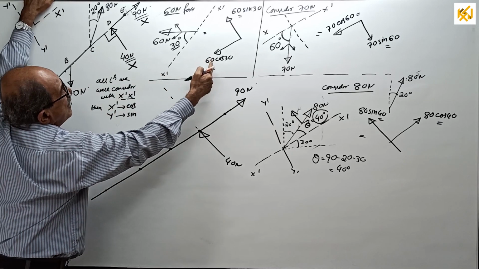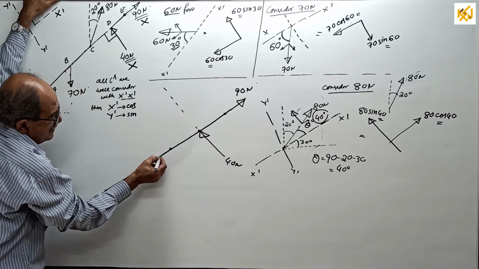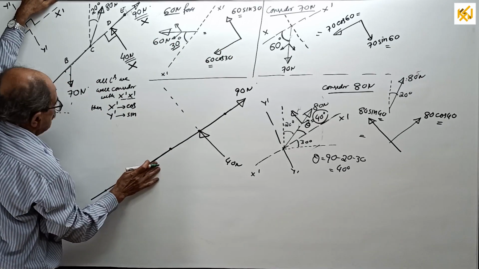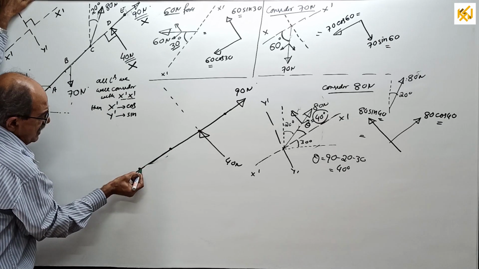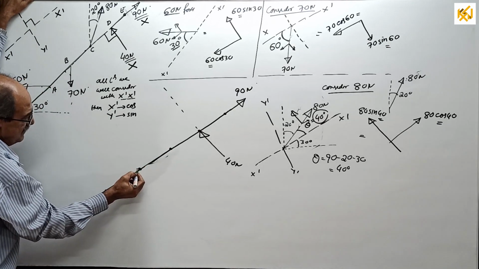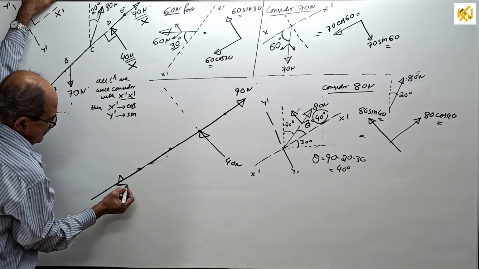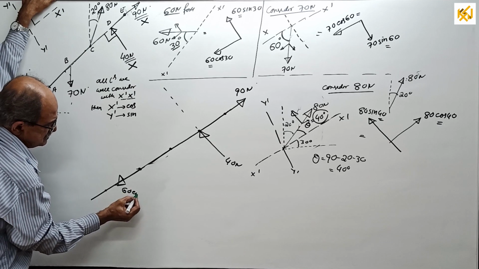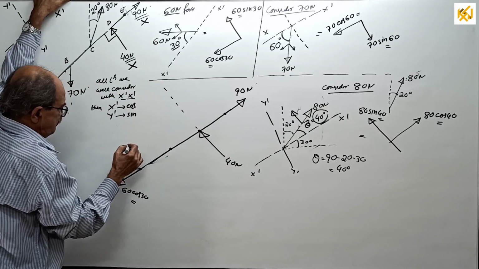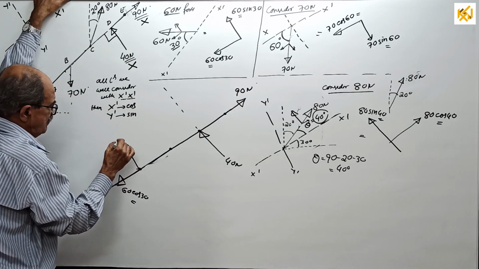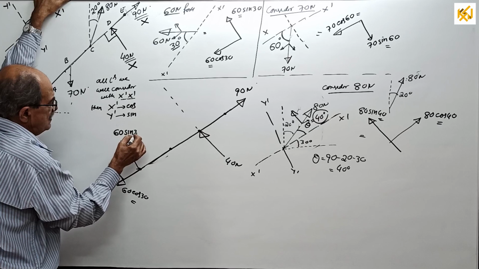Its components are, see, written here. One component this way, see. Where? Sorry, here. Okay, here. One component this way. How? It is along this line, see. How much is that one? It is your 60 into cos 30. Write the answer. Other component is this way, that is, I won't calculate now, 60 into sin 30. Over.